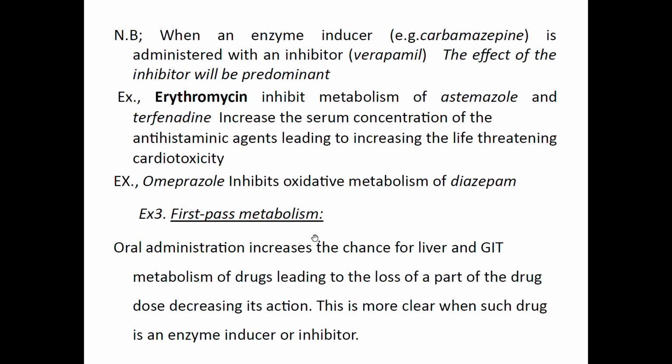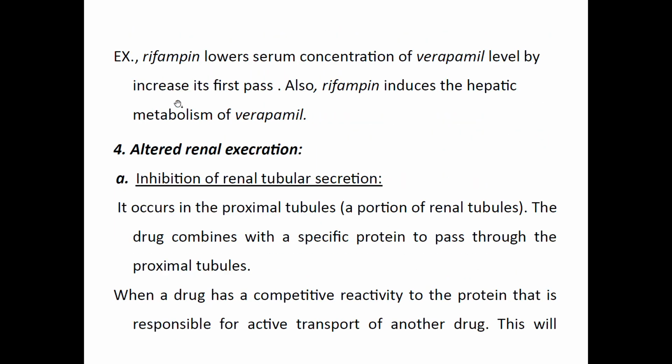Then first pass metabolism: oral administration increases the chance of liver and GI metabolism of the drug, leading to the loss of part of the drug dose, decreasing its action. This is more clear when such a drug is an enzyme inducer or inhibitor. For example, rifampin lowers the serum concentration of verapamil by increasing its first pass. Also, rifampin induces the hepatic metabolism of verapamil. Then altered renal excretion,